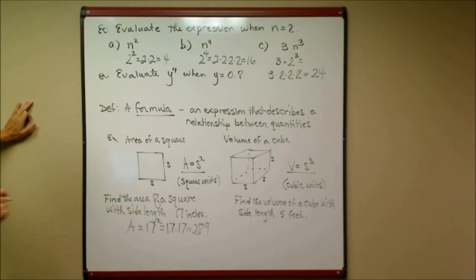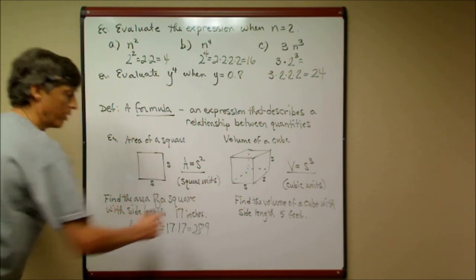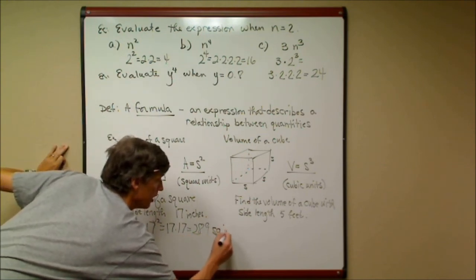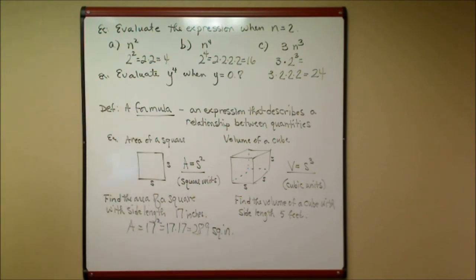Now, I'm going to write my answer in the proper units. Since it's square units and my units are inches, I'm going to abbreviate. I'm going to write square inches. 289 square inches. Now, on the next example, I'm going to find the volume of a cube with side length